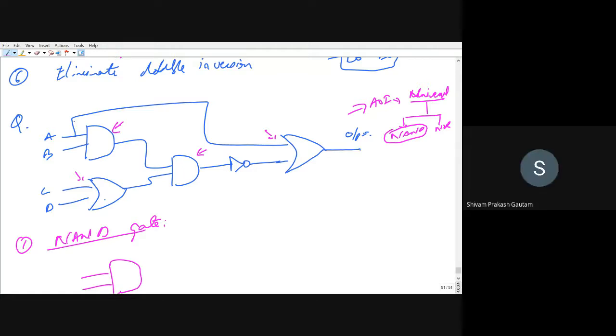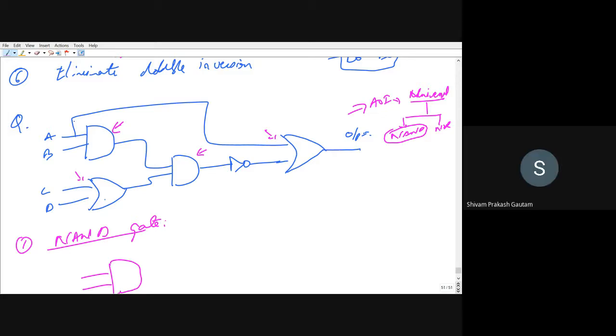You will select, or it is given in the problem, or the problem statement might say that you have to use the universal gate for which the cost will be low. In the problem it might be mentioned, right? So certain scenarios will be there. If nothing is mentioned, you can choose any gate. If it is mentioned that you have to use minimum cost, then you have to select wisely. We will see. Is it okay?